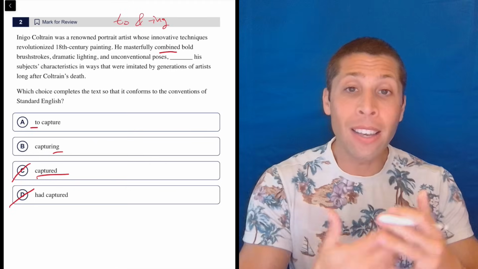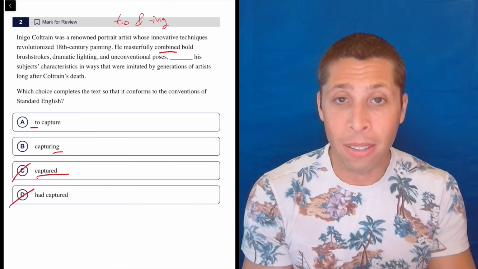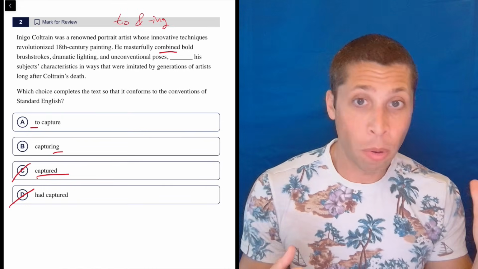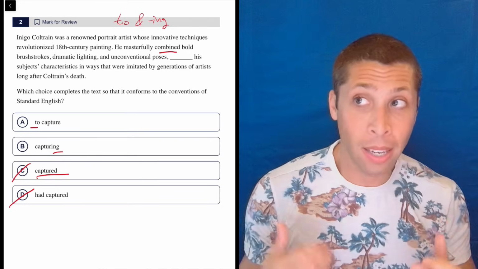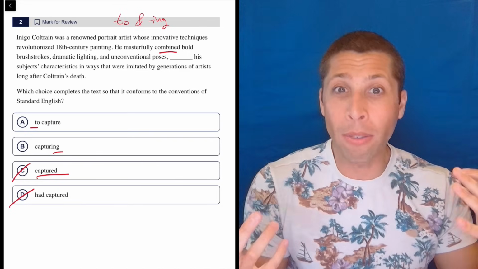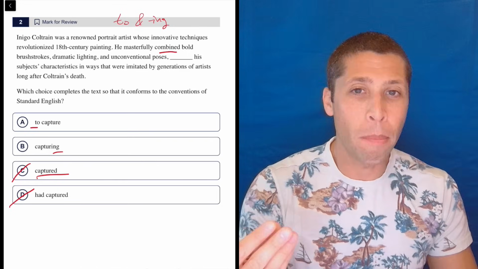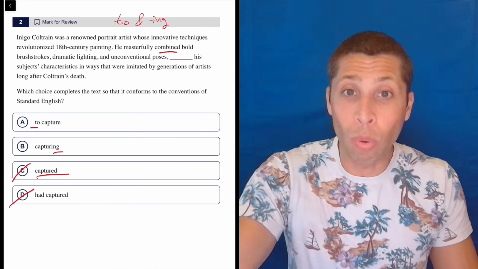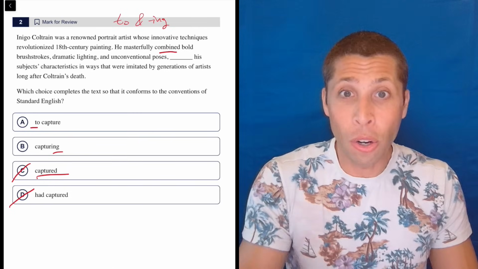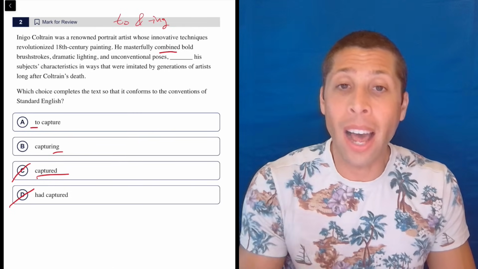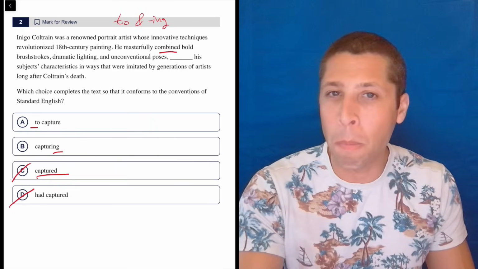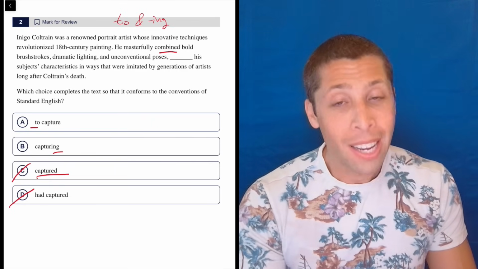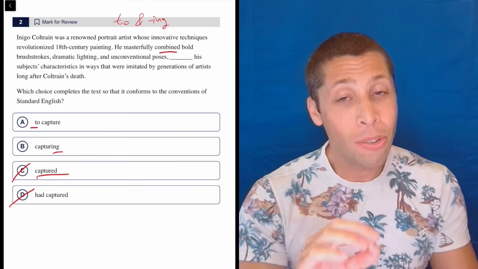But this is the end of where I think instinct is going to help us. Some of you are going to continue to read this and just read it with A, read it with B, read it with A again, read it with B again, keep going back and forth, and they both sound decent. Maybe one of them you have a slight preference for, but unless you have a real concrete reason to pick your answer choice, you're not really answering this in the right way. This is not a question where we're picking what sounds best. There is a concrete rule here, and the concrete rule is that the to and ing rule is really all